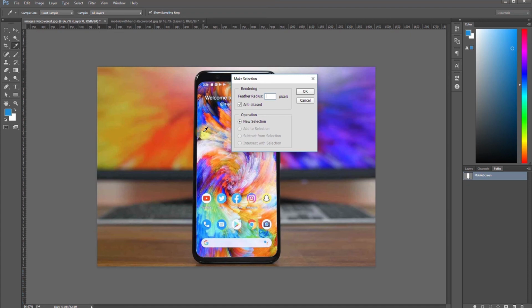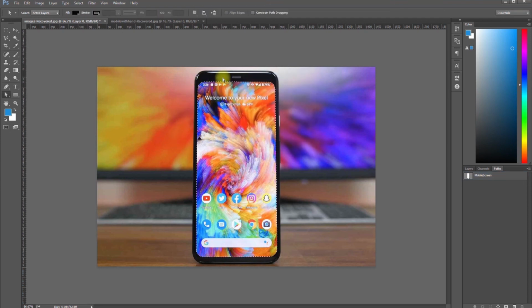But in this case we only have a mobile screen and we need a sharp border without any feather or blurriness at the border area. So I will give a value of 0 and then press OK.